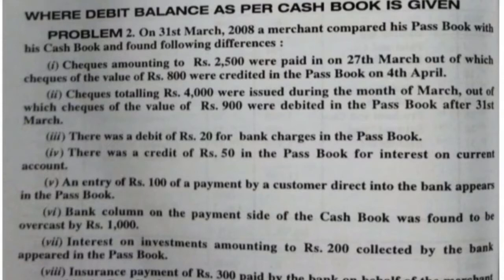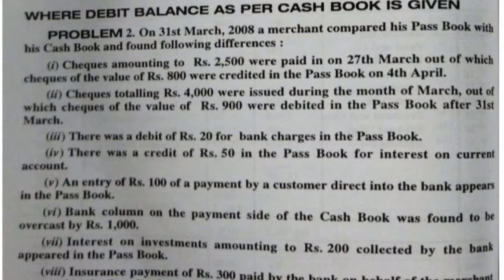In the earlier session, as I told you, favorable balance means if the balance is given as per cash book, then we need to see in the passbook whether the passbook is showing increased balance or decreased balance. Accordingly, we will make the adjustments. If the balance is given as per the passbook, then we will see whether the cash book is showing increased balance or decreased balance. So accordingly we will make the adjustments. You will come to know while solving the problems.